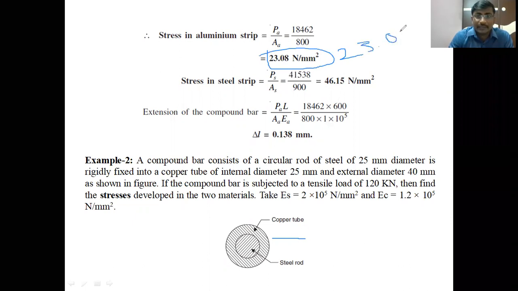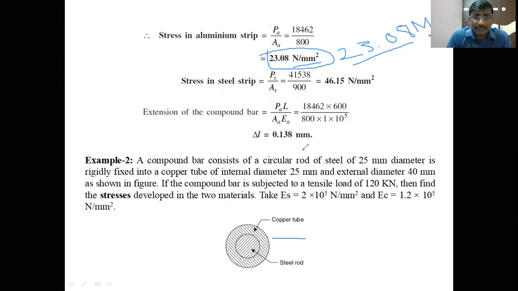Every time I am telling this, newtons per mm square can be written as megapascals. Every time I am stressing this, newtons per mm square can be written as megapascals, because in the books and in the examination they will give stress in megapascals itself. Stress must be represented in megapascals. Of course, newtons per mm square is also correct, but the simplified representation is megapascals. Clear?